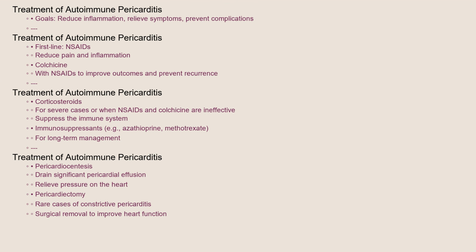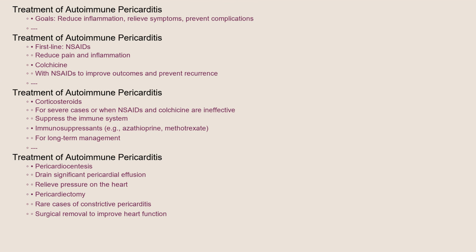Immunosuppressant drugs, such as azathioprine or methotrexate, may be used for long-term management, especially in cases associated with underlying autoimmune diseases. If a significant pericardial effusion is present, pericardiocentesis may be necessary to drain the fluid and relieve pressure on the heart. In rare cases of constrictive pericarditis, surgical removal of the pericardium, known as a pericardiectomy, may be required